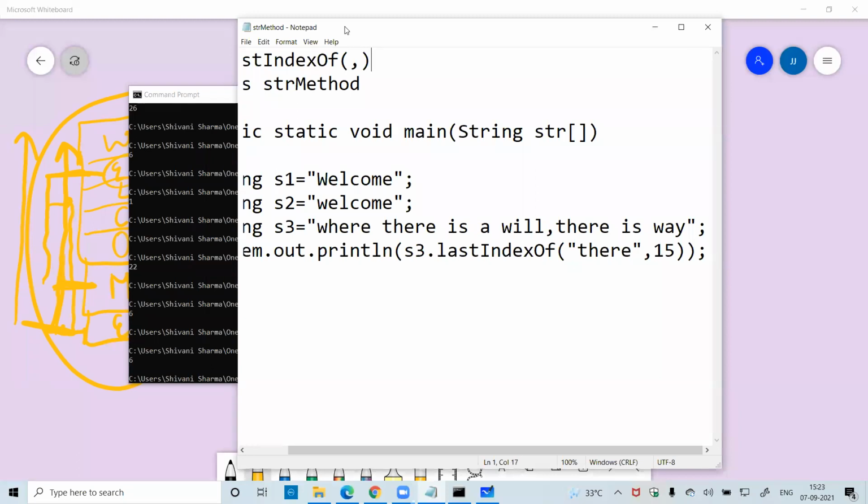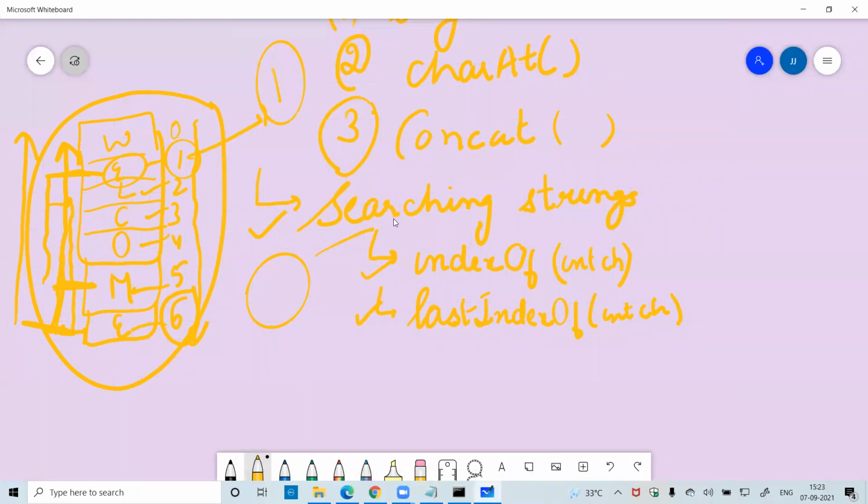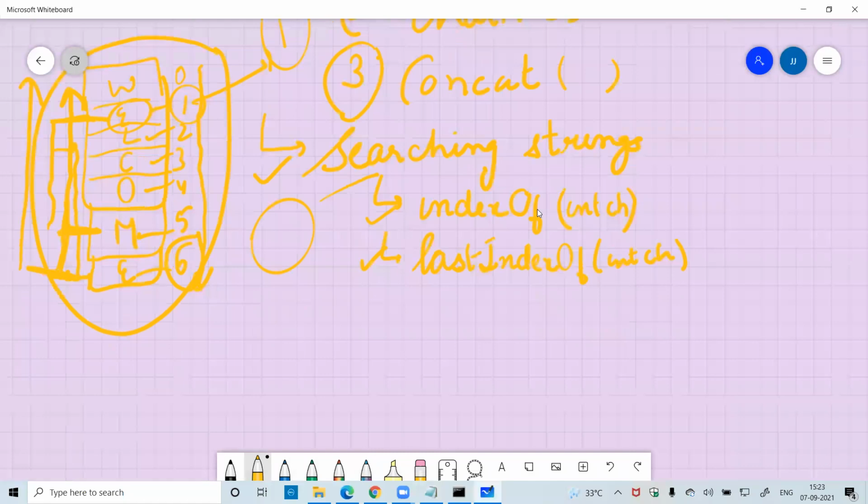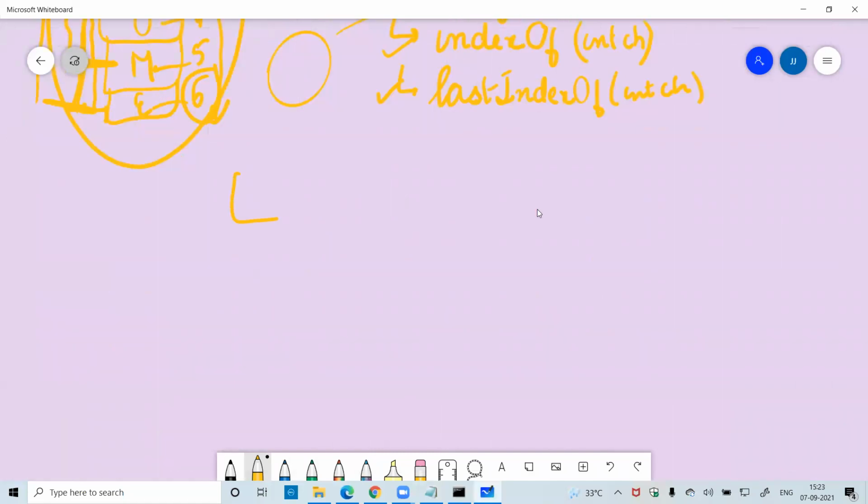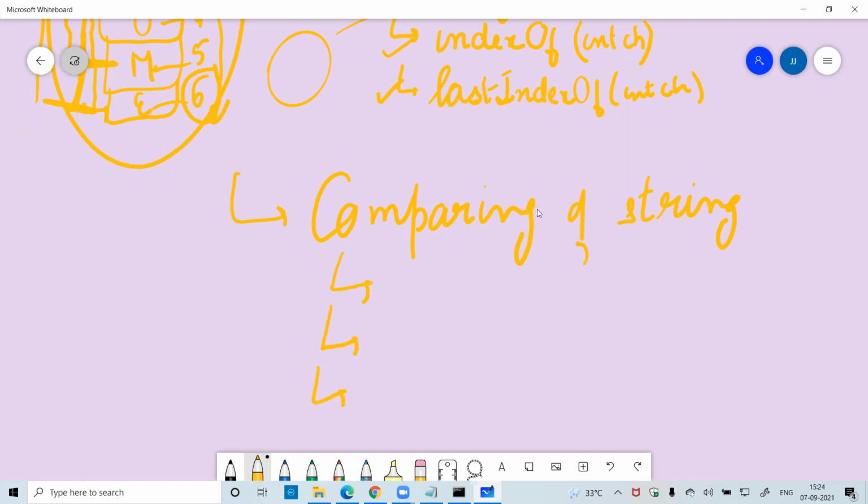Now let's move to another concept, or another method of strings. We had discussed the searching of strings. Now the next way of using strings is comparing of strings. And this comparing of strings contains 3 methods. First method is equals. Second method